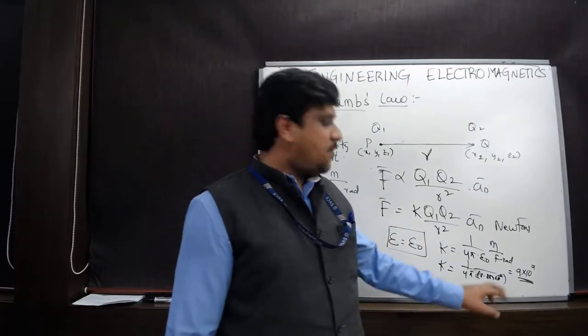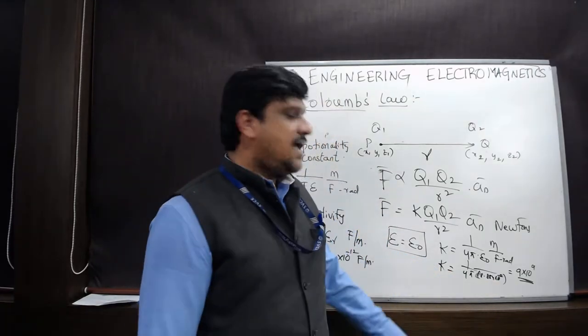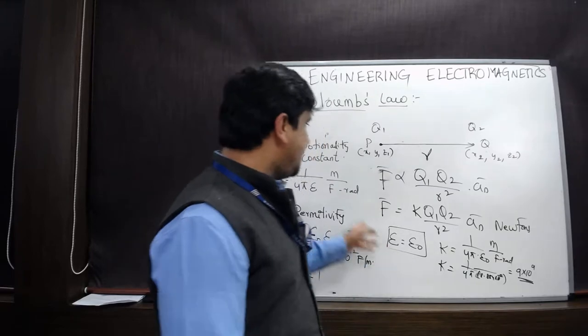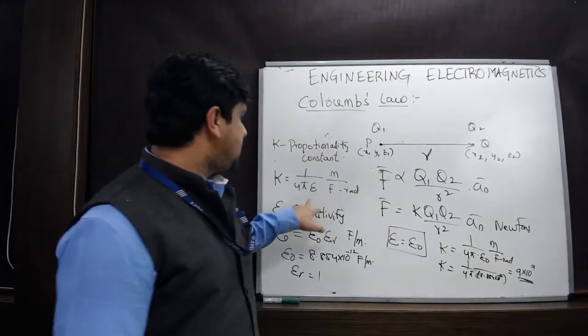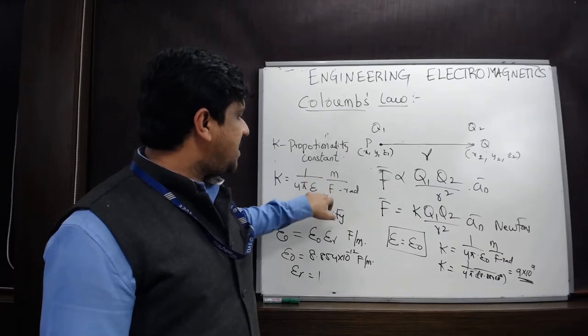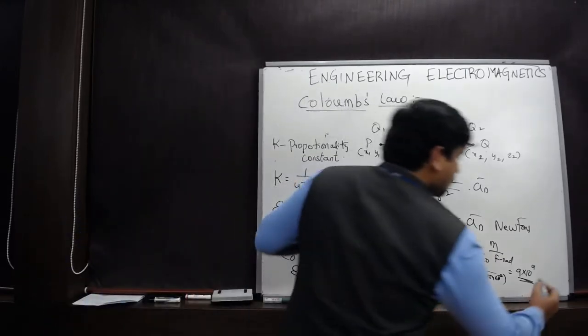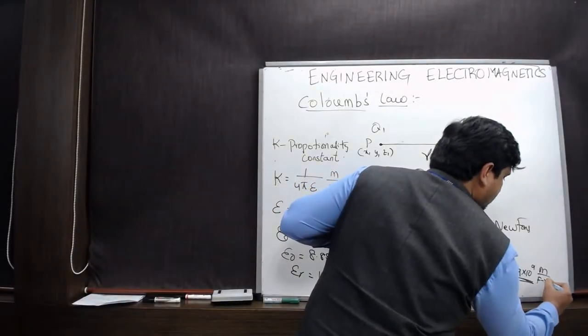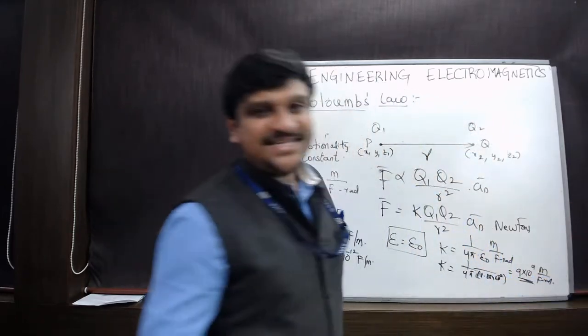So 9 into 10 to the power 9 is the value we'll get here, and the units here are the inverse of the units of epsilon. So we get the units as meter divided by Faraday. So this is in brief about